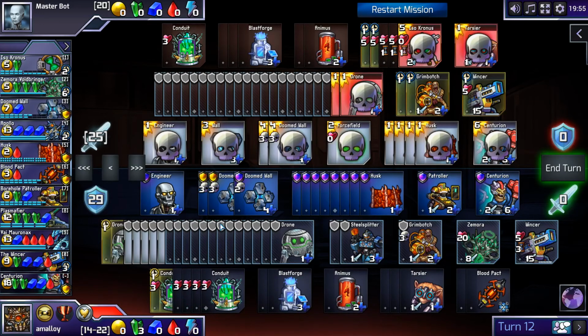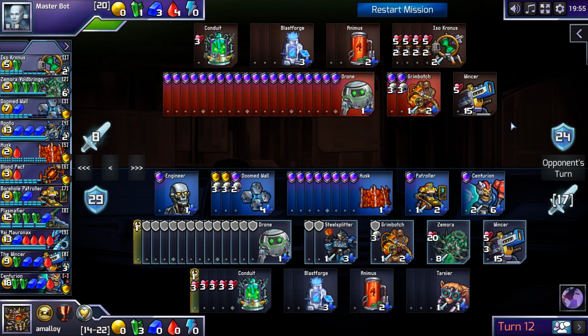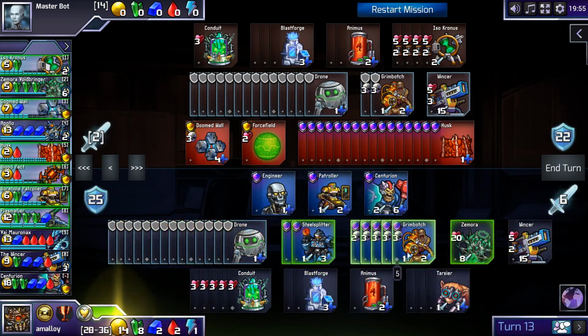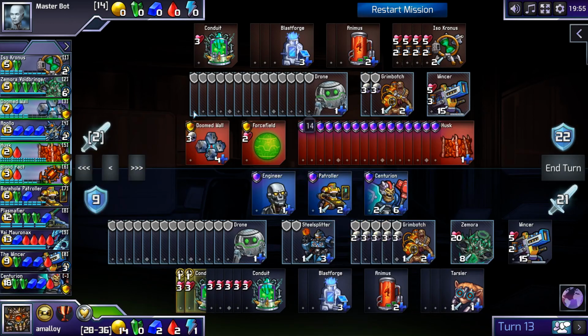Drone? Sure. I'm not going to have to defend again anytime soon, so I don't need the Engineer. Wow! 4 Blood Pacts. What a turn. Alright, and we're not breaching, but he's not attacking, so that's good news. We have to build at least 2 conduits to fire Zamora. And with that, I don't know,